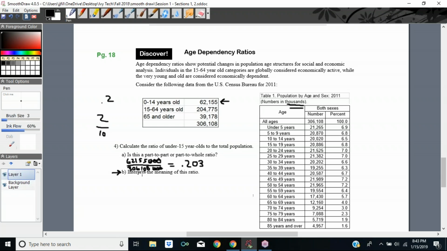So now the first thing we ask is, is this ratio part to part or part to whole? What do you think? 14-year-olds to the whole population. Obviously it's part to whole, because we're doing it to the total population. So since it's part to whole, we can write this as a percent. To change the decimal to a percent, we move the decimal 2 places to the right, and it's 20.3%. And so for a meaningful sentence, we could say, I'm going to try and write this fast, 20.3% of the population